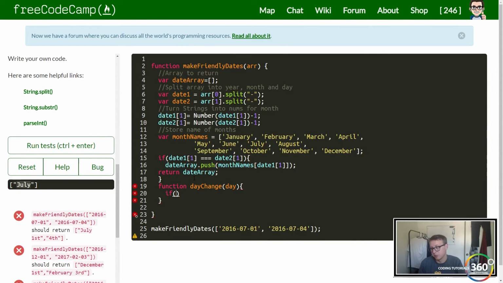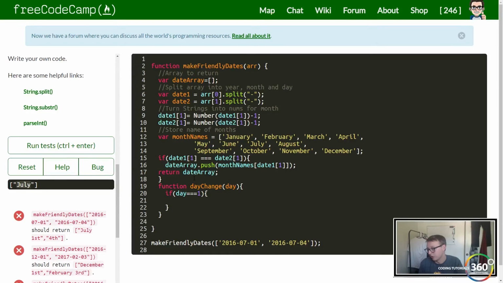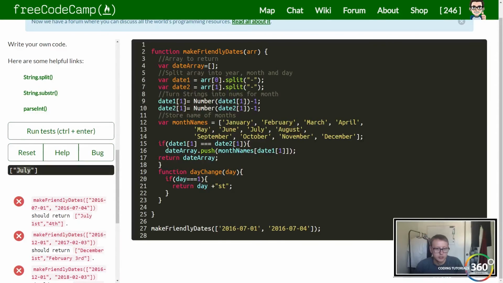So we're going to set an if statement up here that says if day is exactly equal to 1, we want to do some stuff. So if it's equal to 1, we're only testing for the first case. We want to return the day plus concatenate it with st. So day 1 is first, day 2 is second. Now right here, before we do anything, so we have this. Now we need to concatenate a space here. So we're following the format here, and then we want to return